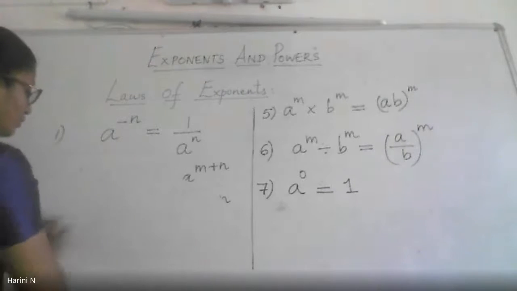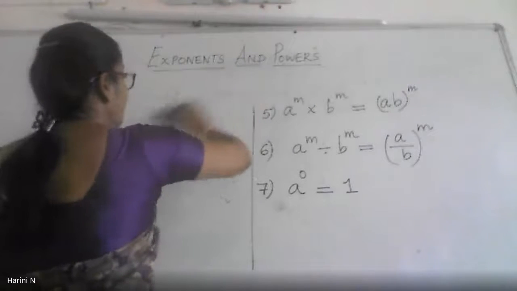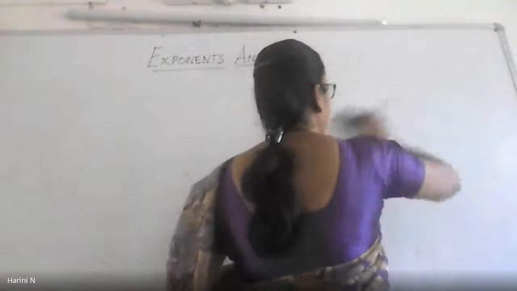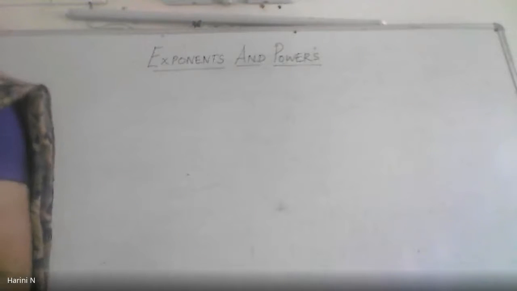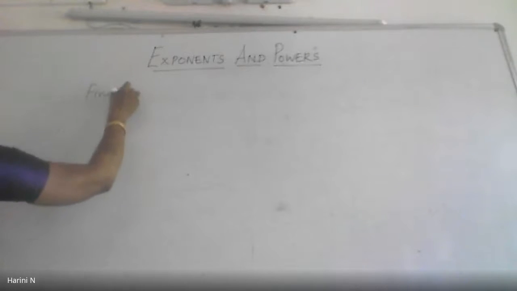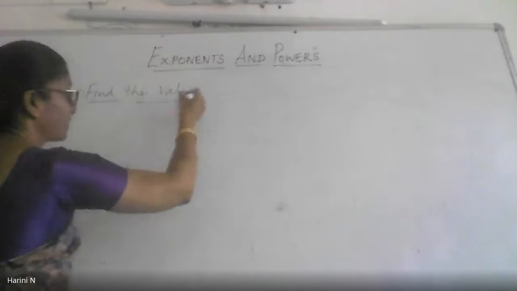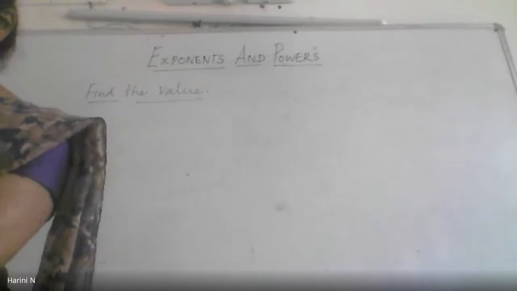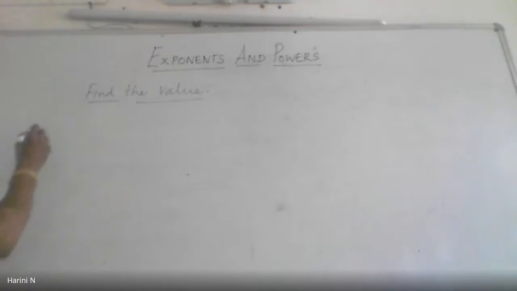So all the problems that we are doing, you have to understand them and try to do it on your own. As the class is over, try doing it on your own also. So please keep these laws in your mind because I'm going to apply them in the given problems. So let us start. Find the value. I'm taking questions or problems in random both from the exercise as well as the worked out examples. That's why I'm not telling I'm doing 12.1. I'll be taking a few examples also. Okay, the first one to start with.